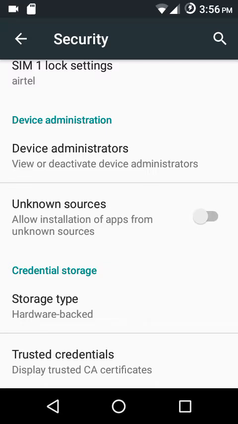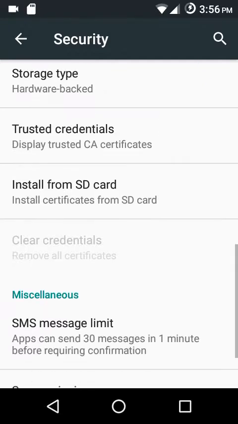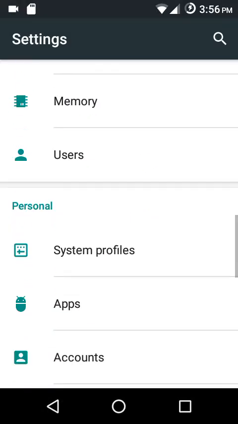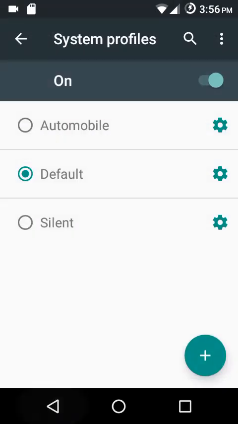Then we have the security settings. Unknown sources is not checked by default, so make sure that you check it if you plan to sideload any apps from your SD card. That's all what we have in the security settings. We also have system profiles,